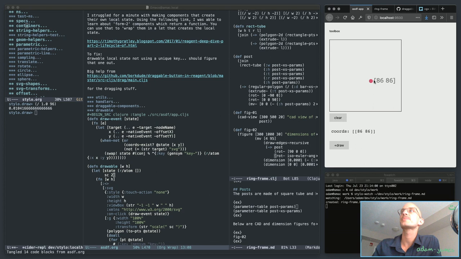But here, if I start dragging this, it definitely doesn't end up on the target unless I go to 0, 0, and then it doesn't add. But if I go here and let go, it does, and that's related to